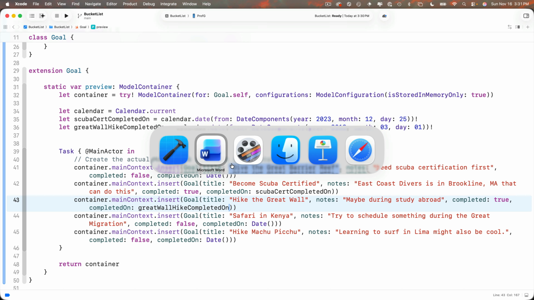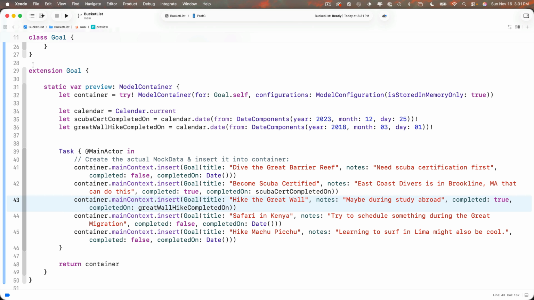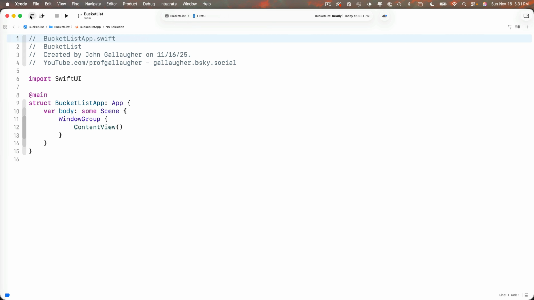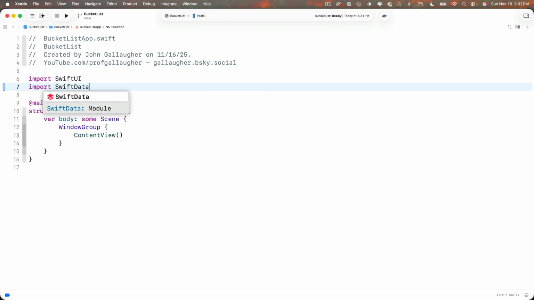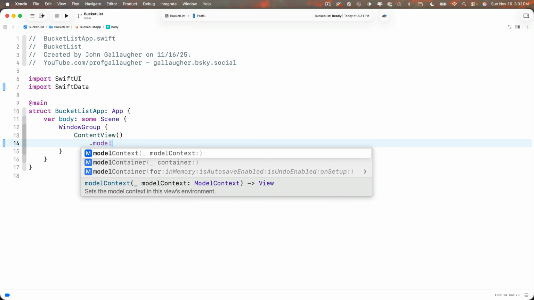Up next, do anything necessary to set up the app to work with SwiftData, including any setup so that the app can display the location for the simulator data that can be examined with DB Browser. And we did this several times in class, as well as in one of our online lessons. So we know as part of our recipe for working with SwiftData, after we set up our class, we head over to the app file, which is BucketListApp, the first file to execute, and we first have to import SwiftData. Then below the ContentView here in the WindowGroup, we're going to tell our app what our data looks like. So we'll say .modelContainer(for: